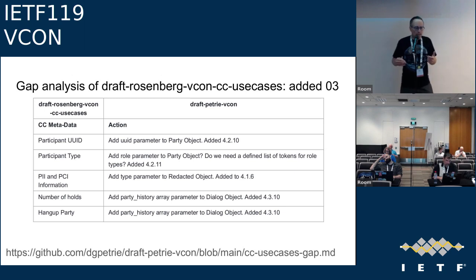I defined a number of events which relate to a specific party. Now there's a party history array that's an optional part of the dialogue, and it captures things like party number 3 joined at this timestamp,